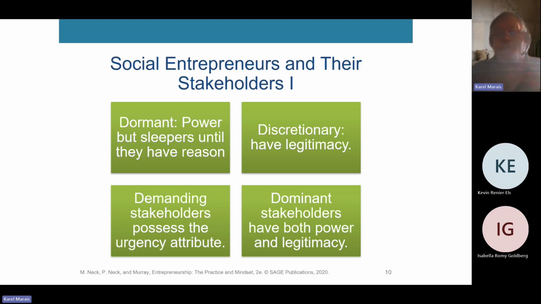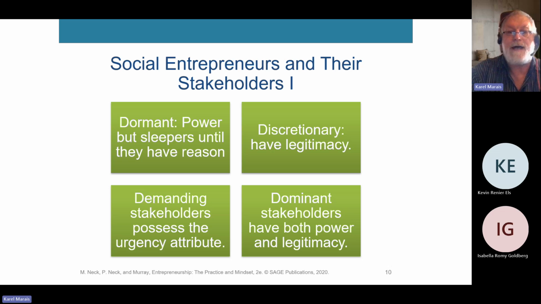Discretionary stakeholders, they don't have real power, but they have legitimacy. They might be the guys that donate to your organization. They might be the guys that are willing to support your cause. So you want to keep those people happy. Then the next grouping is the demanding